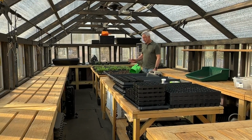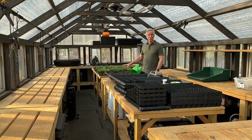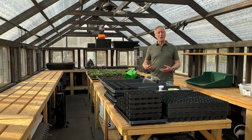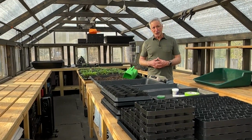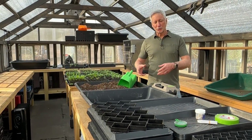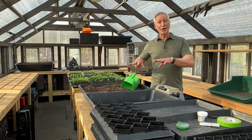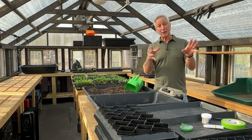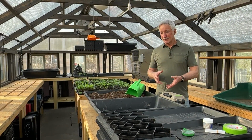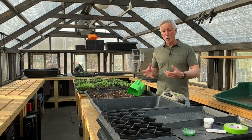Well, I'm happy with how the pepper seedlings look. These are growing in soil blocks, and I've been experimenting with different recipes over these past couple of weeks. But right now it's early February, and I'm in Zone 8A in Atlanta, and it's still too early for me to really do the real McCoy on sowing my seeds that are going to be planted outside in 6 to 8 weeks from now. But it is the perfect time to not only experiment, but to get all my equipment